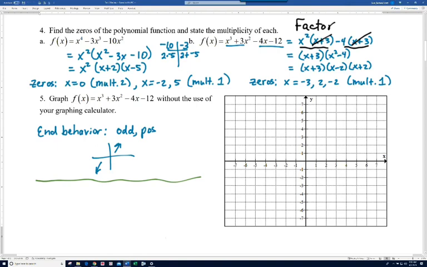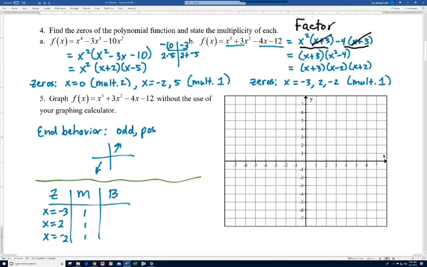Next, we need to look at our zeros. Well, we already have all the zeros from B, so I'm going to do a Z and B chart. Remember, Z is for 0, M is for multiplicity, and B is for the behavior of the graph at that 0 or x-intercept. Remember, zeros and x-intercepts are pretty much one and the same. So our zeros are -3, 2, and -2, and they're all multiplicity of 1, which means on the